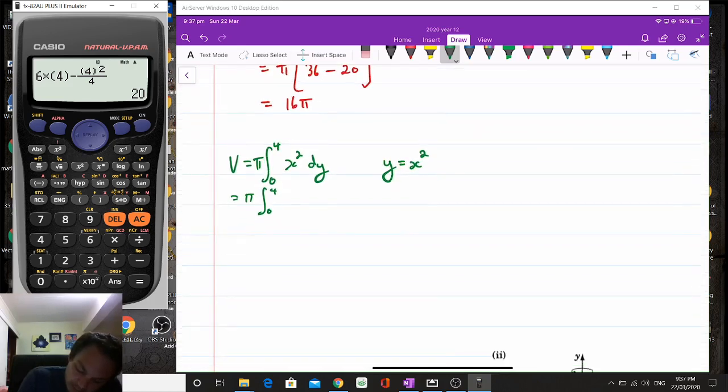Okay, I've just replaced x squared with y, because x squared is equal to y for this graph, for this part, and